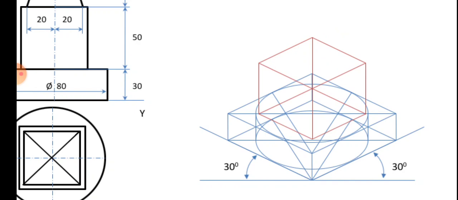For any object, for example, if one square object is on top of another square object, you just have to note the difference in their sides. If 50 and 40, the difference will be 10, so 5, 5 on either side, you leave the gap and draw. If it is 60 and 40, then 60 minus 40 is 20, so 10, 10 on either side. Draw the ISO 10 lines on either side, and you can join. That's the simplest way you can draw the objects.